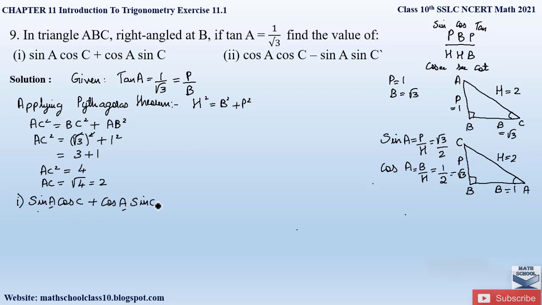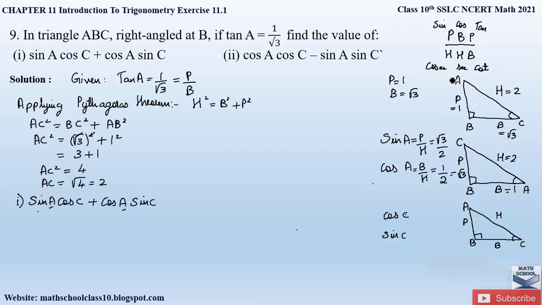Now we will find out cos C and sin C value. Now if you observe, our acute angle will be at angle C. We will draw a right angle triangle accordingly. So we will have a right angle triangle, always right angled at B, and our acute angle is angle C now, which will be at the base, and this will be our angle A, right? So the side opposite our acute angle is perpendicular, the side along is base, and the side opposite our right angle will be hypotenuse. Now looking at our main figure, we will write down the length of the sides.